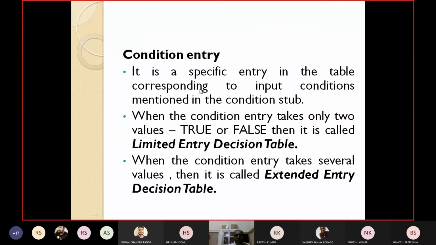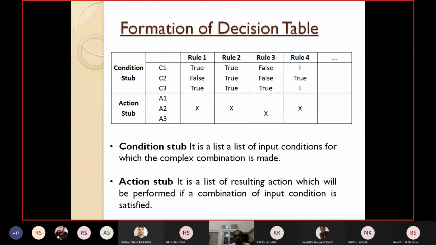So condition entry means it is a specific entry in the decision table corresponding to the input conditions mentioned in the condition stub. When the condition entry takes only two values, that means either true or false, then it is called a limited entry decision table. You see here, when it takes the conditions out of only two possibilities, true or false, then it is known as a limited entry decision table.